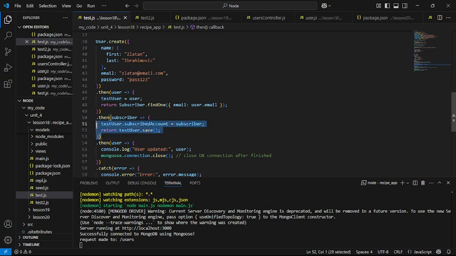move on to this next promise, which has a callback function as well and subscriber as a parameter, which stores the subscriber's details, right, over here. So because findOne found that subscriber, we're going to store that subscriber document in subscriber over here, and then in this callback function,